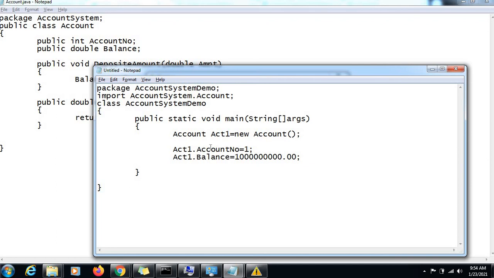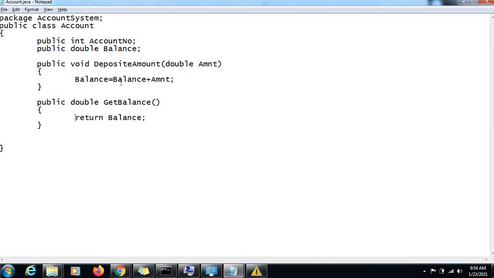So account number and balance we cannot just expose like this, because if we expose the account number, we can set the value n number of times, and balance also we would be able to set anything. Now the balance should be modified only with the deposit amount and withdraw amount.